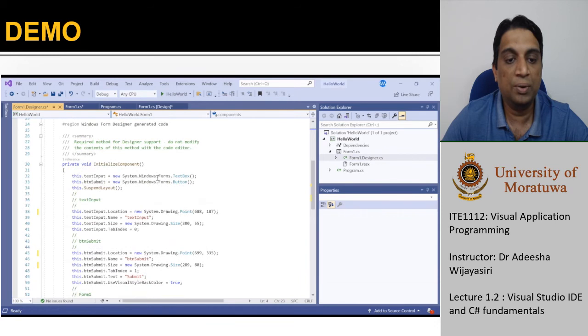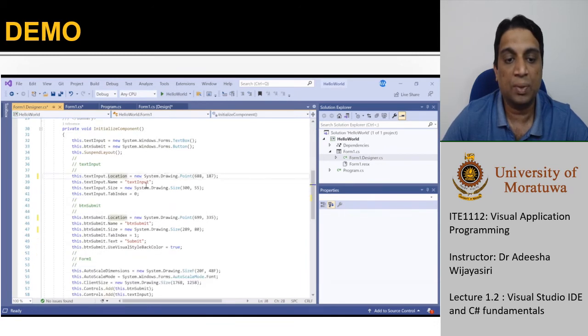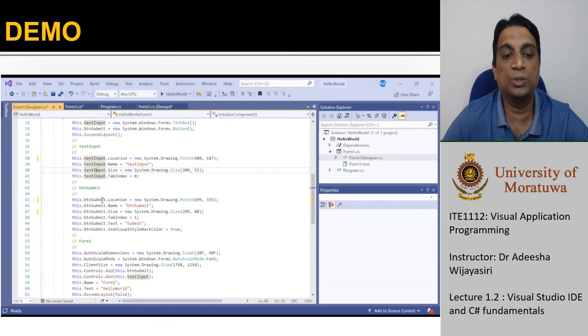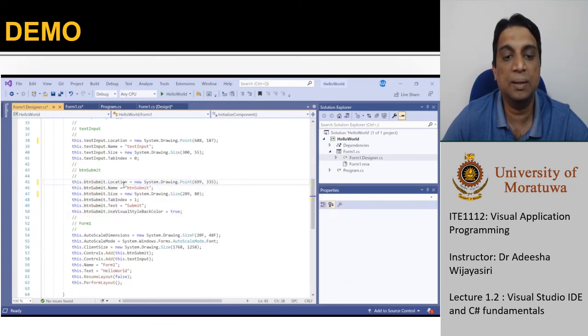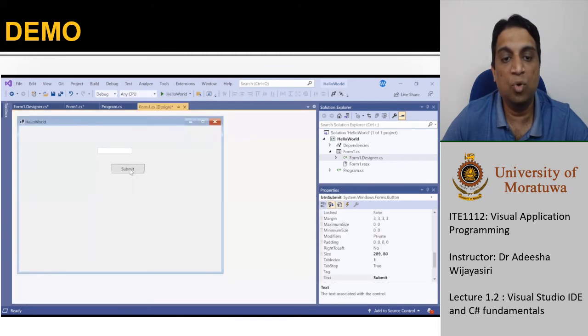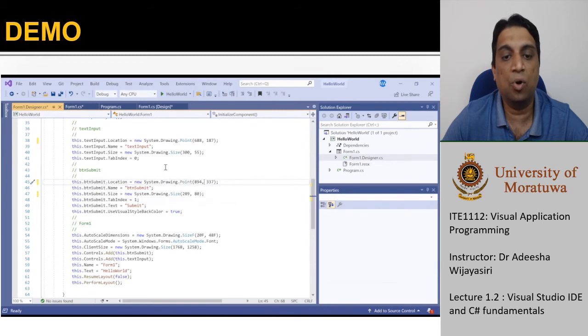If you go down, you can see the code related to the text input and also the button. As an example, you can see the location of the button is at this place now, 699, 335. If you move it and go back to the code file, you can see the location is different.